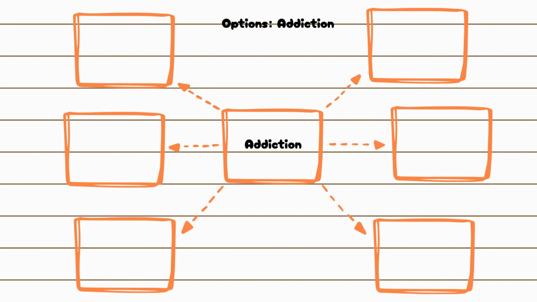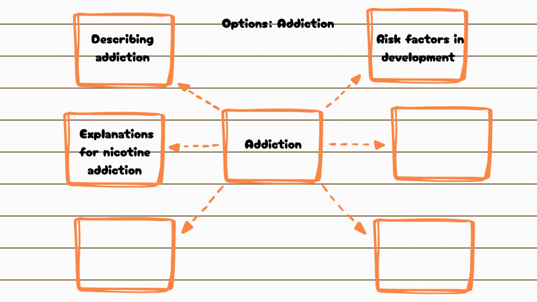Options: addiction. You need to know about describing addiction, physical and psychological dependence, tolerance, and withdrawal syndrome, risk factors in the development of addiction, including genetic vulnerability, stress, personality, family influences, and peers, explanations for nicotine addiction, brain neurochemistry, including the role of dopamine, and learning theory as applied to smoking behavior, including reference to cue reactivity, explanations for gambling addiction, learning theory as applied to gambling, including reference to partial and variable reinforcement,